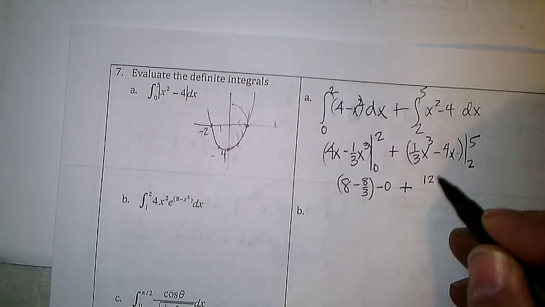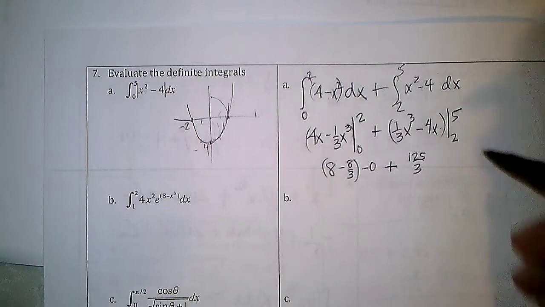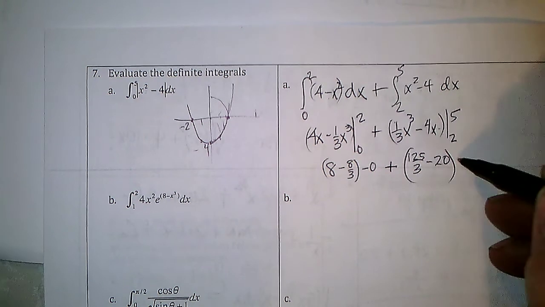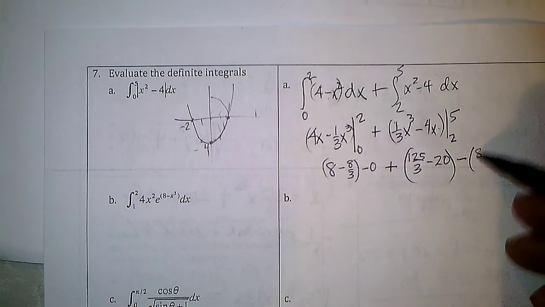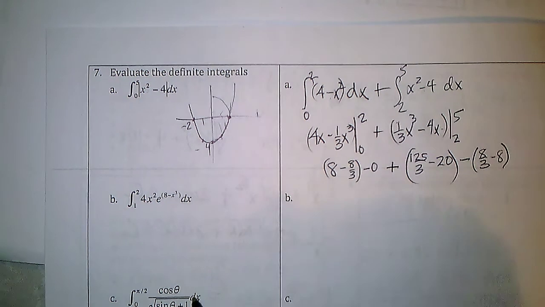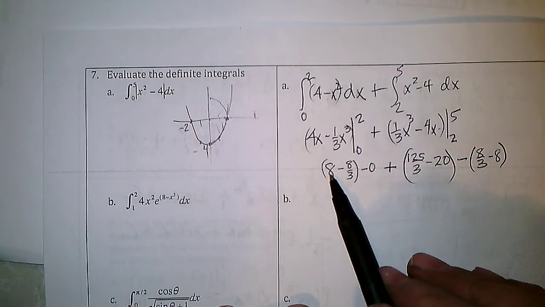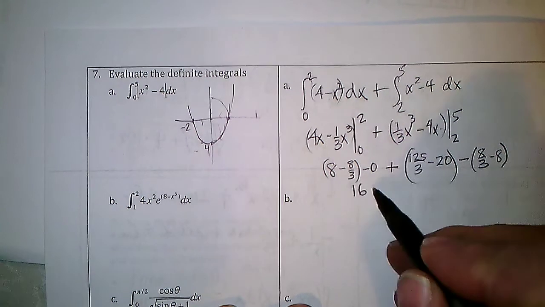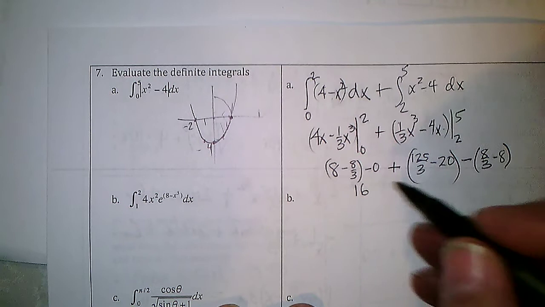1/3 of 125. And then we're going to put in 5 in there, minus 20. And then we're going to subtract. We're going to put 2 into this, and we're going to get 8/3 minus 8. So we got, combining like terms here, so we got 8, and minus a minus 8 is another 8, so that's 16. 0's gone, and then we got minus 8/3, minus 8/3, that's minus 16/3,